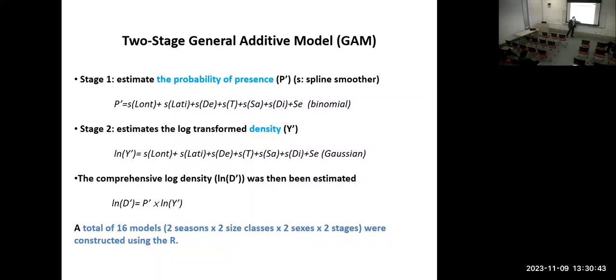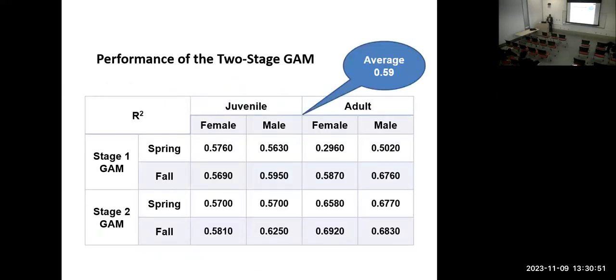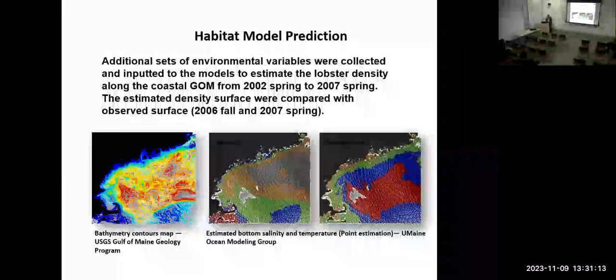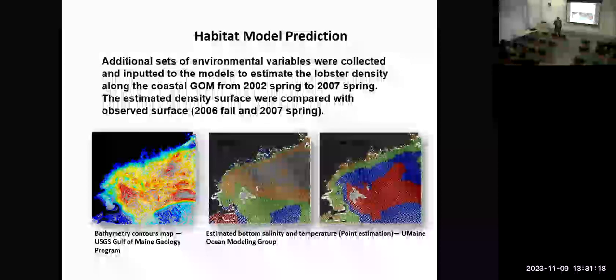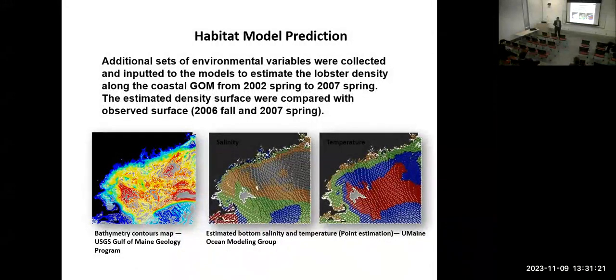We have those things that we have to consider, and that resulted in a total of 16 models that we need to construct. And then you look at the performance of the models, right? Remember, we set aside a part of the data for validation. We find the model performed really well, so that means we will be able to use this model for projection. The model was assessed on the basis of withheld data, its ability to predict data that was not included.